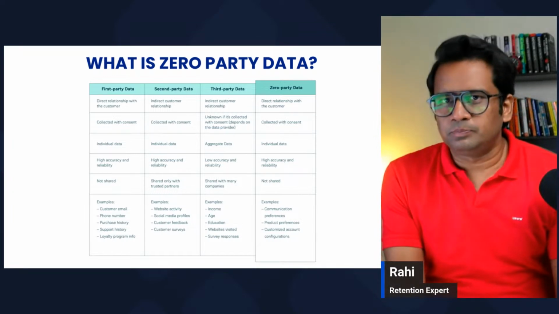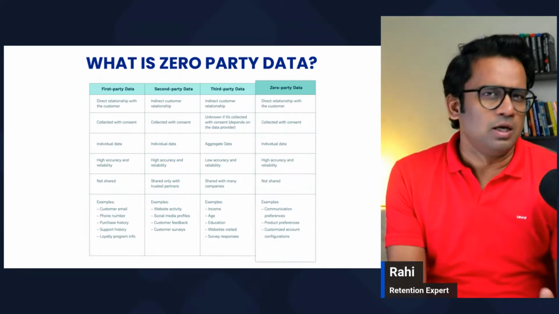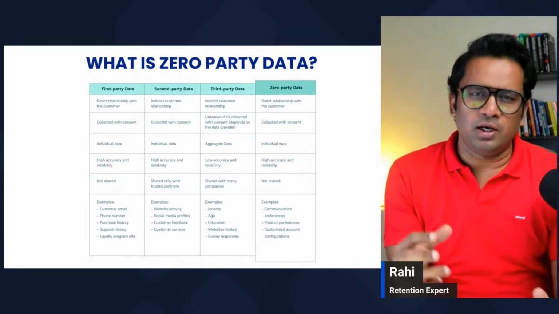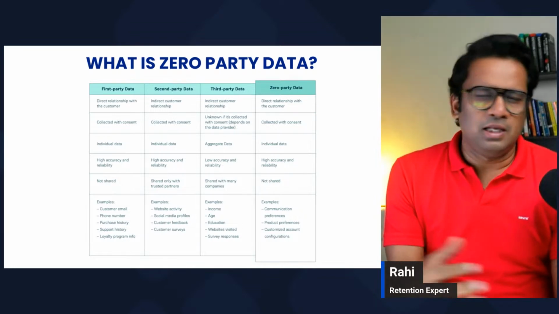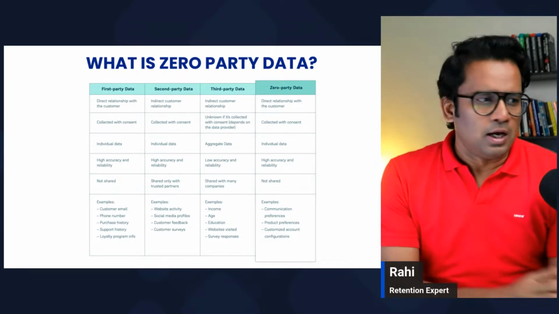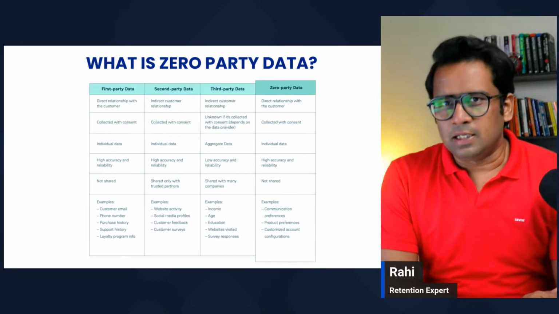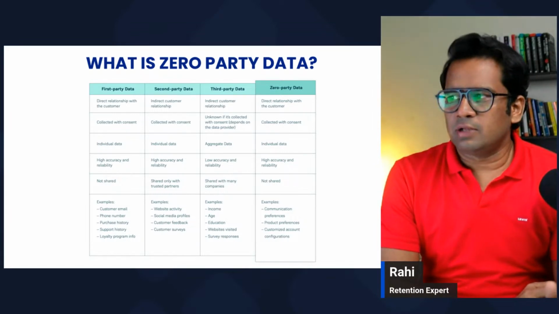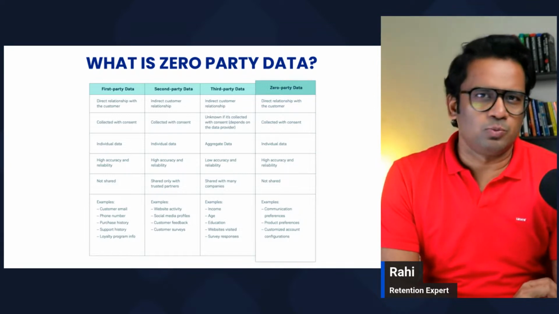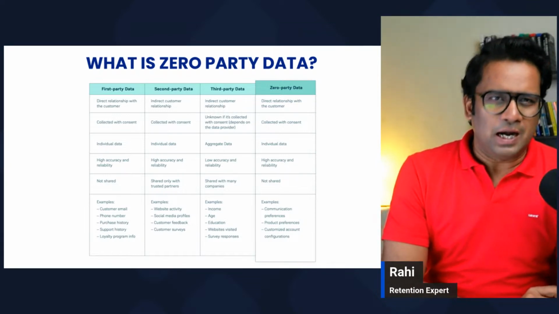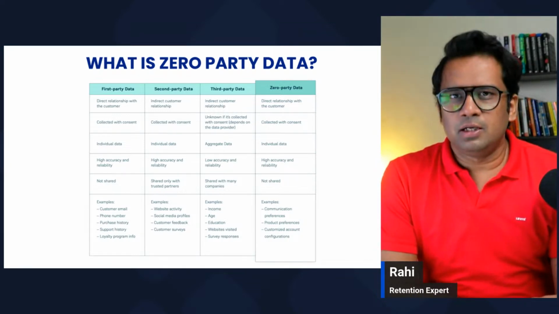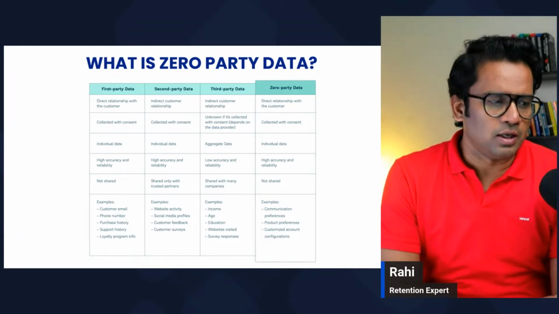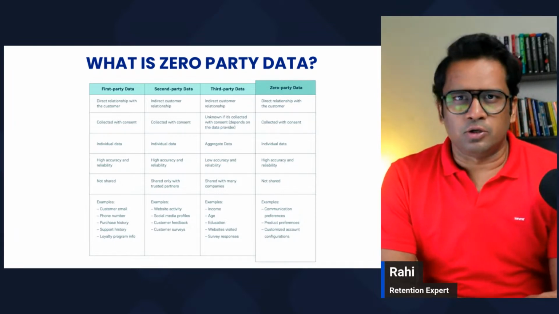They have given it to some insurance company or some media publishing house or someone, and I am pulling that data or leasing that list and using it. Second party is mostly aggregated data, rather than individual data. But mostly the data available is third party, which is the ad networks, and first party is your website or your store.